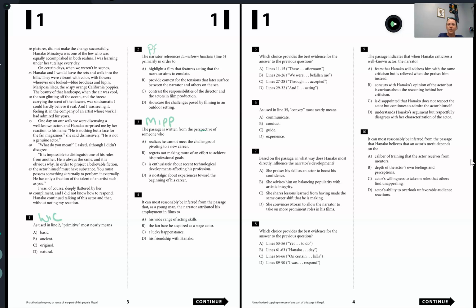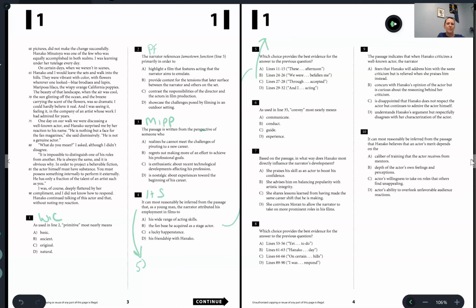Looking at number 4, reasonably be inferred. We know this is an inference question. Before we read too much further, we're going to see if there's a COE follow-up. There is. So we don't need to know what number 4 is asking about quite yet. We just know that we're going to use number 5 to answer it. I like to make my marks if the questions are not following each other in space. So like if number 5 is not here, I like to go ahead and make my marks down and then up so that I know what I'm looking for. Some students prefer to do this marking, and that is fine. I just find it a little bit more difficult to see for me. Mark these however is easiest for you so that when you go to answer this one, you're going to immediately jump to this one first.